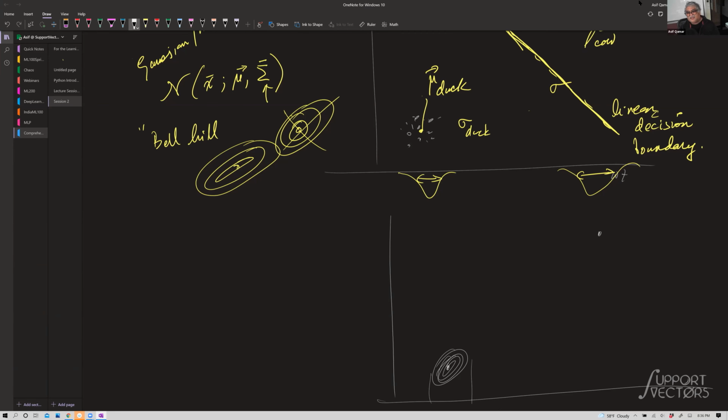In other words, the majority of the ducks will be around whatever we take. Let's say 10, and this will be 5, and this will be 15, and there will be some outlier ducks beyond that also. But you would realize that the variance, the sigma of the duck, will be much lower than